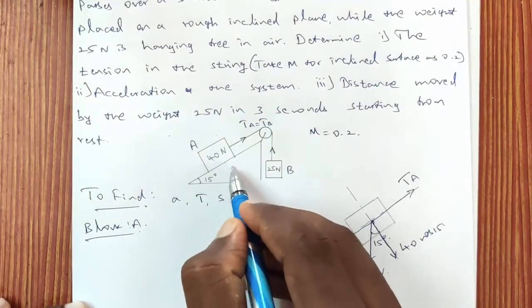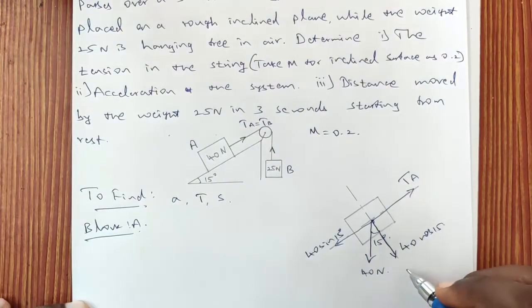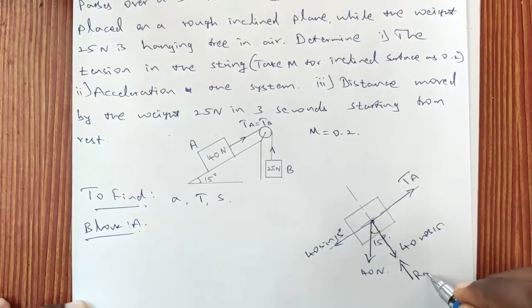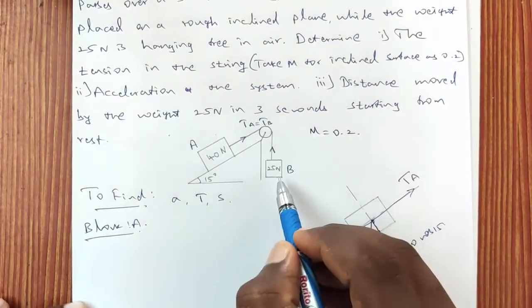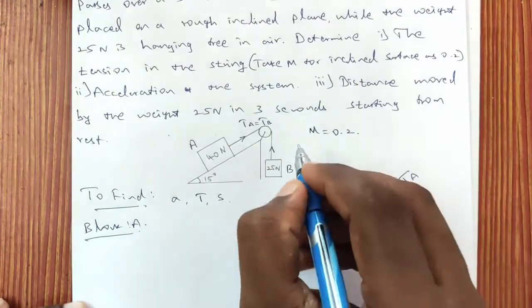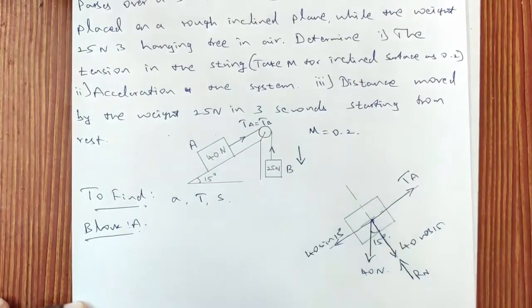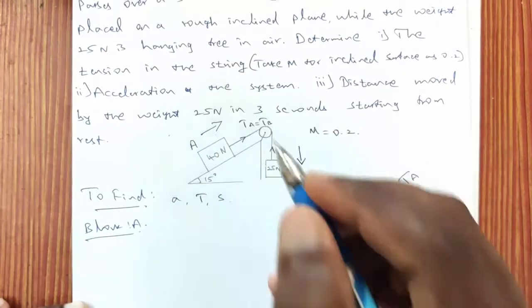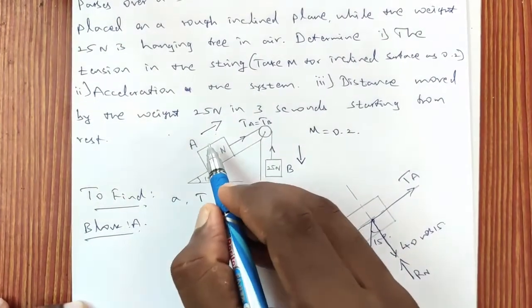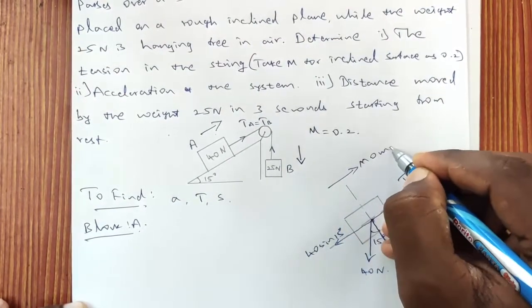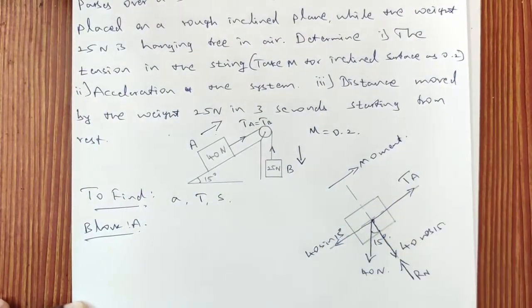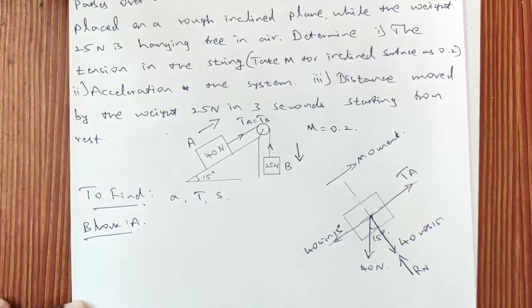Because of the friction between these two contact surfaces, a normal reaction will be there and it will act in the perpendicular direction. Okay, so since the two blocks are connected with a string, the motion of B will be in downward direction and the motion of A will be in the right side direction. So since the motion of A is in the right side direction, the momentum will be acting in the right side direction. So the momentum will act in the same direction of motion. So since the momentum is acting in the right side direction, the body is not under equilibrium condition.